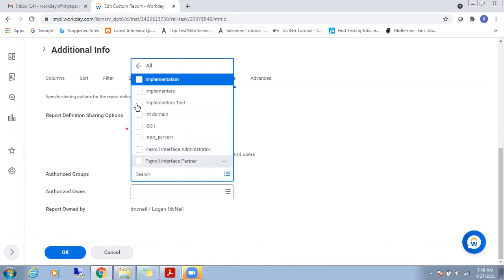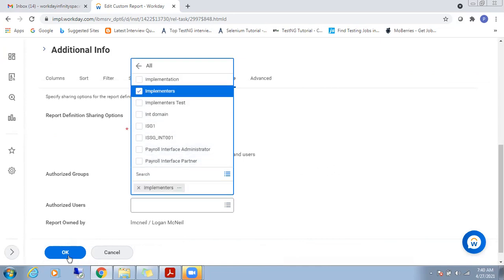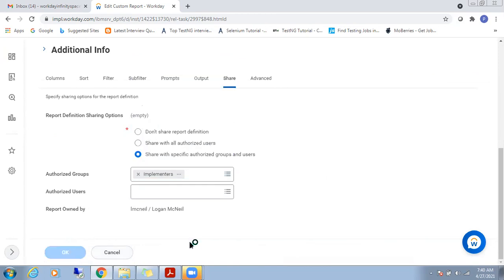For example, if you are in implementers, we are in this group. Click on OK. If you are in this group only, you will be authorized to view the report. Otherwise, you will not be authorized.